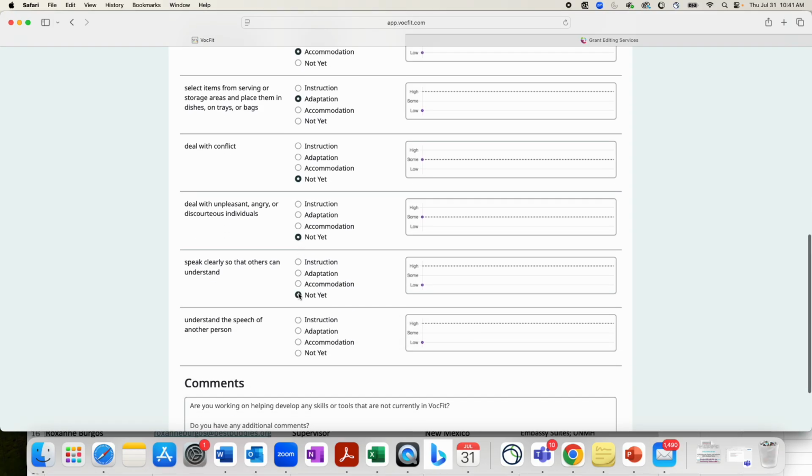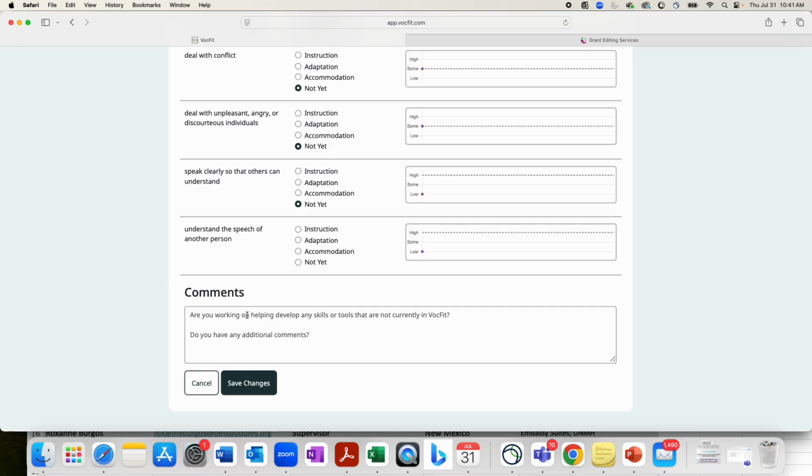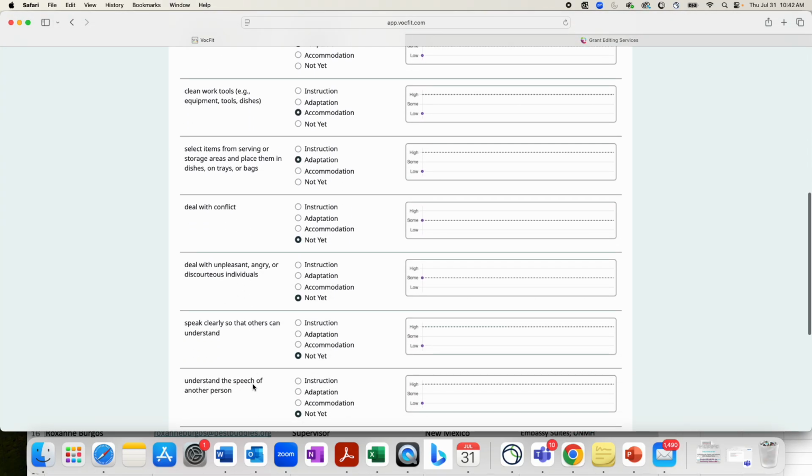And then you can put some notes if there's some things you're working on maybe that are not in VocFit, or any comments that you want to make. Job seeker has agreed to make these his priority areas. Will reassess in 8 weeks. I'm going to save the changes,